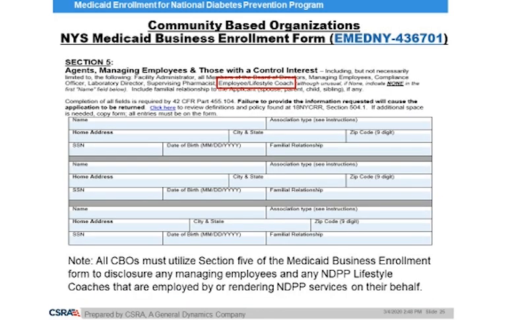Section 5 is, I would say, the biggie for this one. In this case, this is where individuals, whether being CBOs or individual practitioners, would be disclosing any managing employees. In the case of a lot of community-based organizations, these could be directors, for example, if it was a YMCA or another type of organization, it would be somebody that is a facility administrator providing oversight of a program, including members of the board, any other managing employees, compliance officers. And this would also be where, as Brian was alluding to, these employees, these lifestyle coaches that will be providing the direct